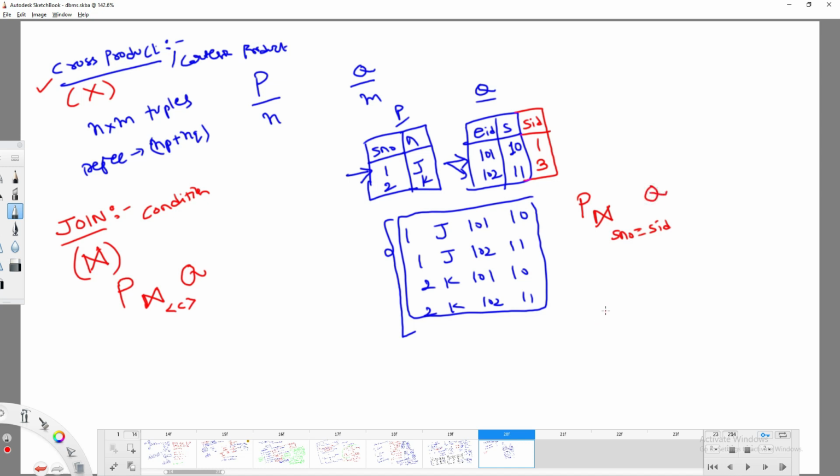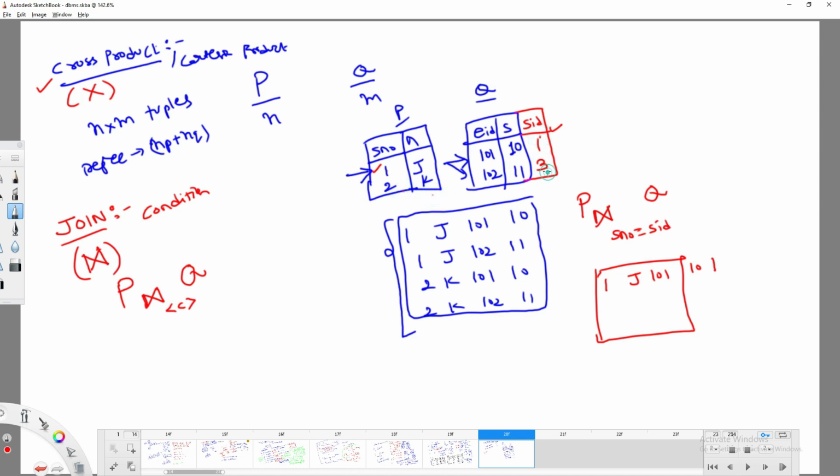Now try to check. Serial number and serial ID match, so you are going to get 1J, 101, 10 and 1. Does 1 match with 3? No. Does 2 match with 1? Does 2 match with 3? No. You are going to get only one row. This is the meaning.